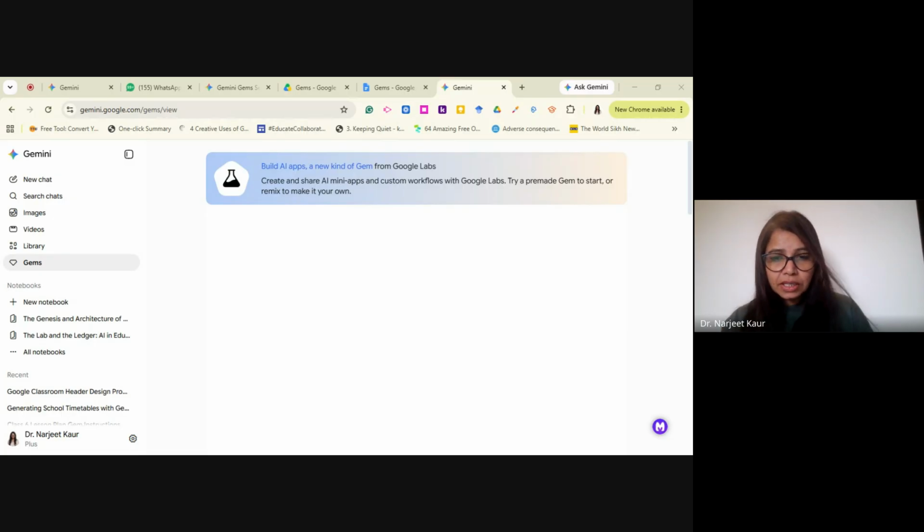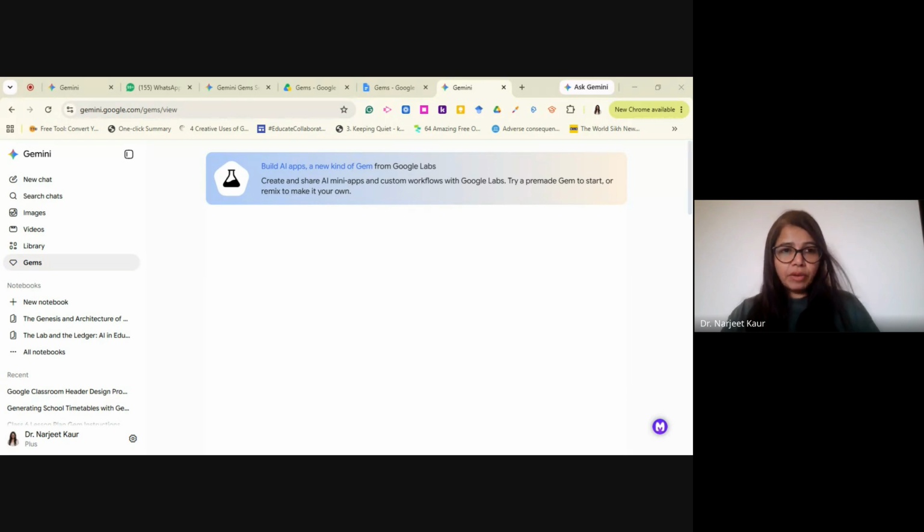So the single most useful gem that you can gift, as a principal or all those who are here, you can also gift your senior faculty, is a high-stakes competency assessment designer. When creating this new gem in the Gemini sidebar, paste the text. I have already created one. So if it is all right, I'm just going to paste it for you, and let's see if it works for you.